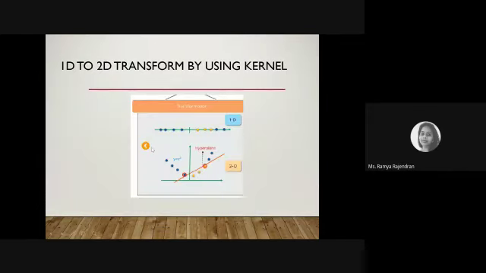Here we are using a function, y equal to x squared. So we are just squaring your x values and keeping the y values the same. When we do that, you're able to get points plotted like this. And now with a hyperplane in the two-dimensional data, we'll be able to segregate the two groups. Here y equal to x squared is the function that we're using, which is nothing but your linear kernel.